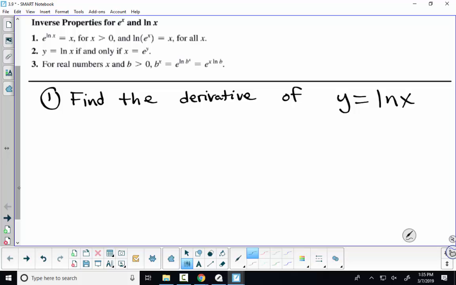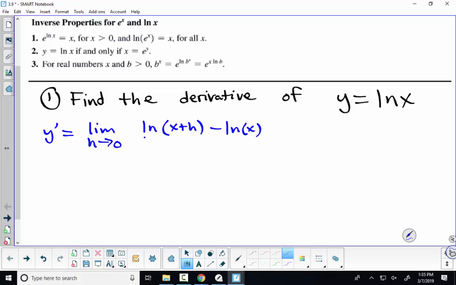Now again, just so we're clear, the derivative is defined as the limit as h approaches 0 of ln of x plus h minus ln of x, all over h. And that's a very difficult thing to do. So instead,